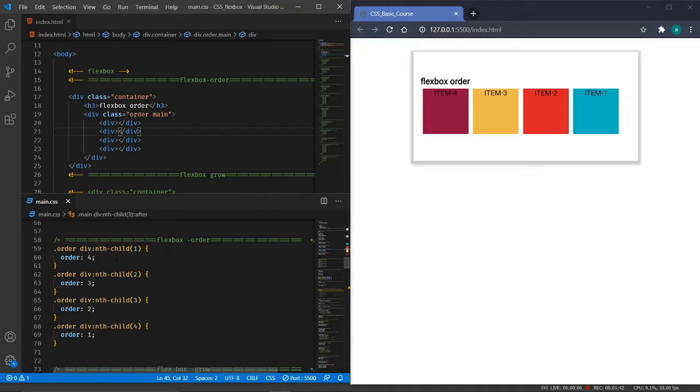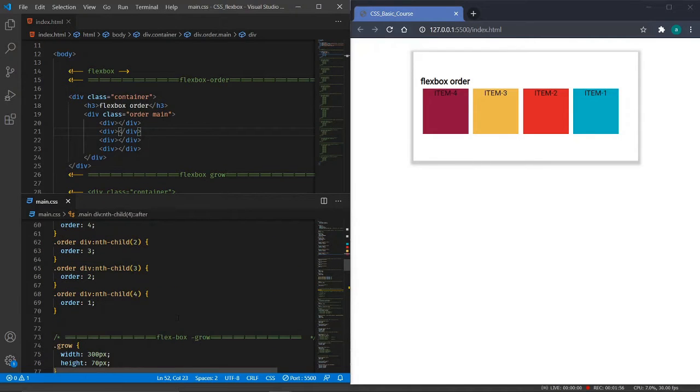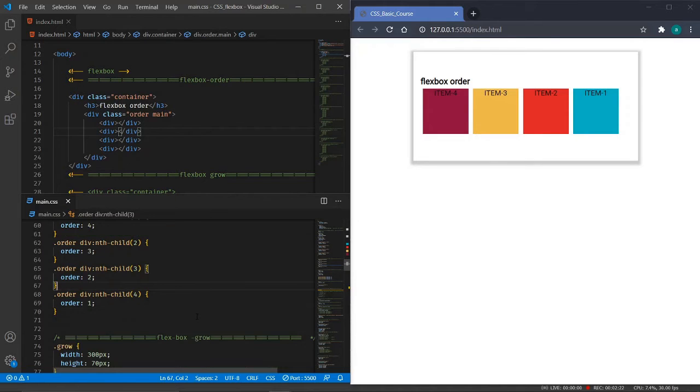What I've done is I have given the first item the order of 4 and the fourth item the order of 1. So technically the fourth item is this color and item 4, and I have given it the order of 1, so it is showing me at the first position. In a similar way we can give any order, or shuffle the items among themselves using the flexbox order. You should make sure that if we are only applying the order to a particular child, it won't work. It will instead break the ordering of the flexbox children.